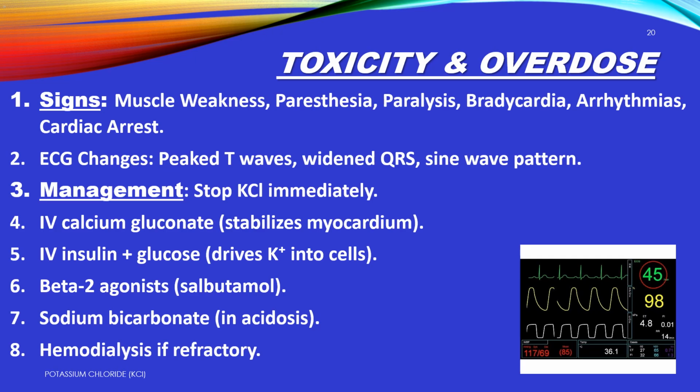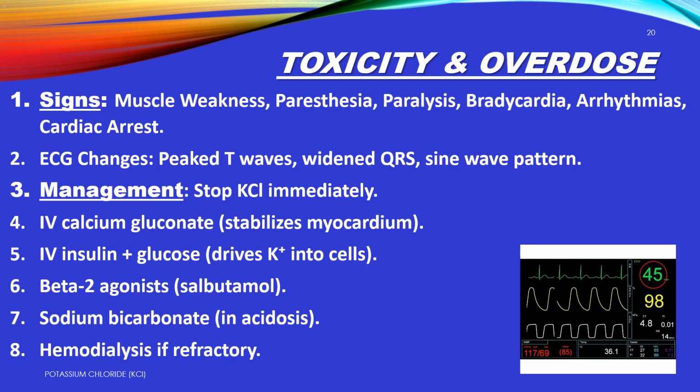6. Beta-2 agonist salbutamol. Salbutamol can also help lower potassium levels by promoting cellular uptake of potassium ions. 7. Sodium bicarbonate. If acidosis is present, sodium bicarbonate may be used to help manage potassium levels and acid-base balance. 8. Hemodialysis if refractory. In severe cases of potassium chloride overdose that do not respond to medical management, hemodialysis may be necessary to rapidly